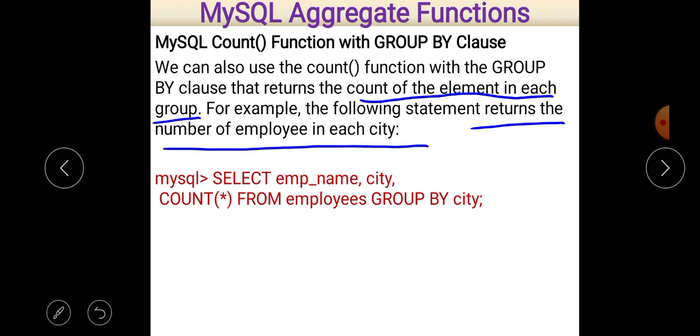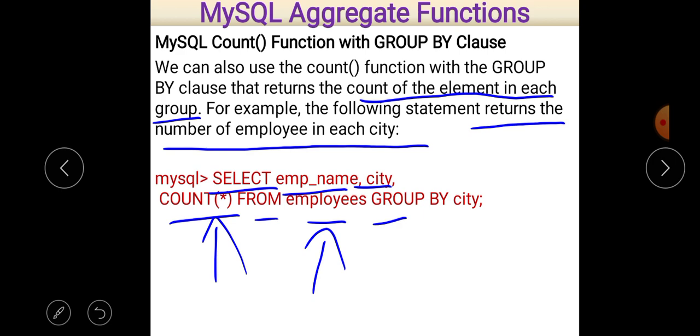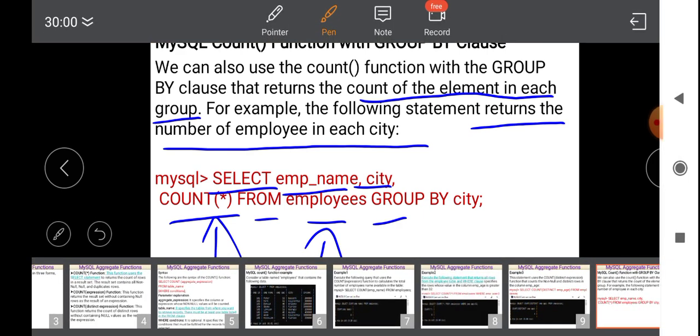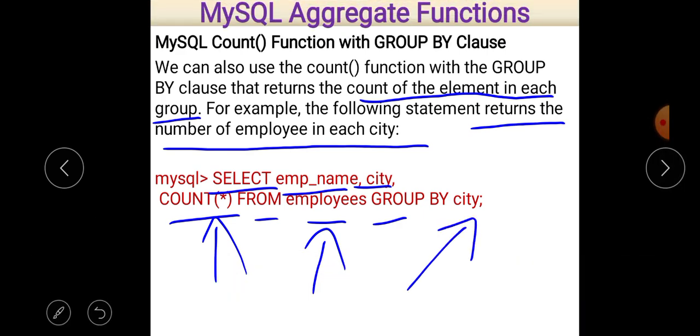So for that purpose, we have to write select and the names of the columns. Names of the columns are employee name and city. Okay, and then count star. Count star means all values. Then from employees, employees is the name of the table, and then group by city. So we just make a group on the basis of city.